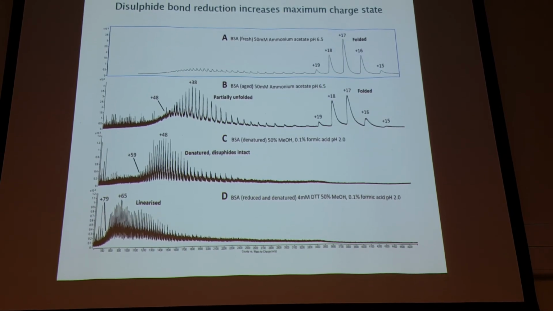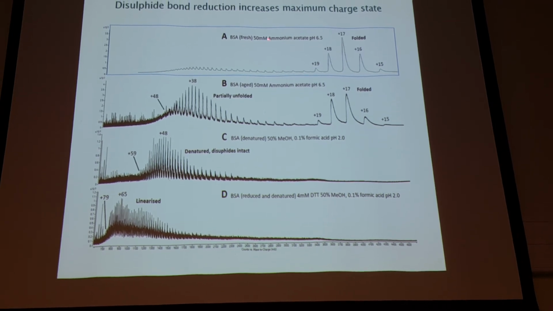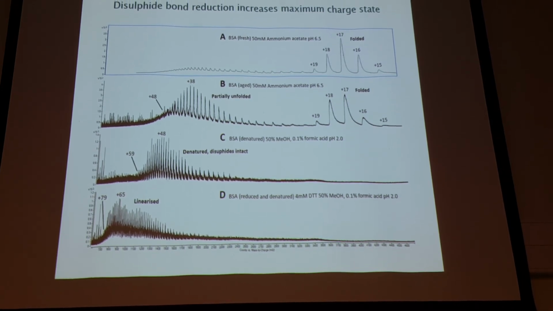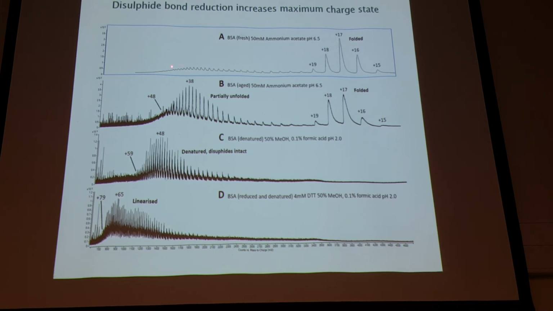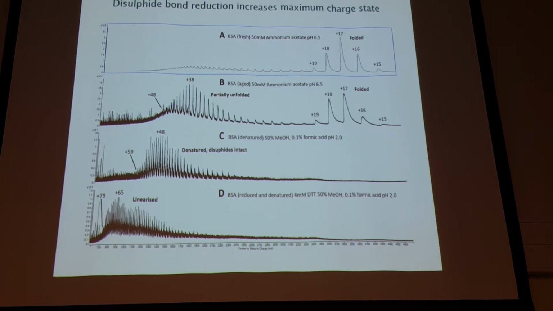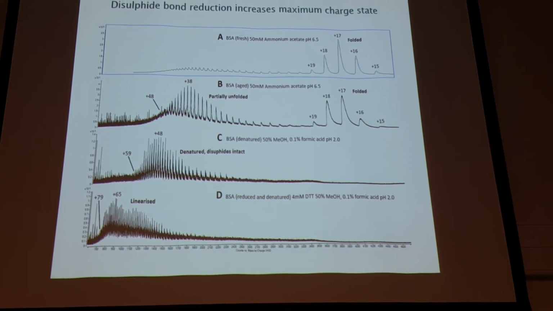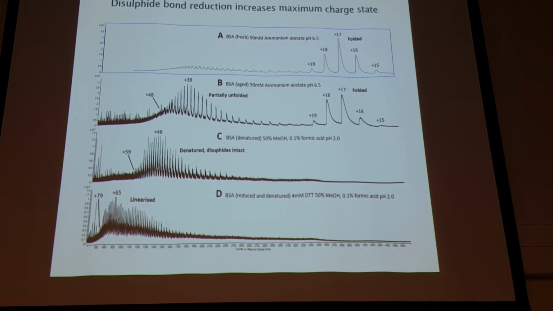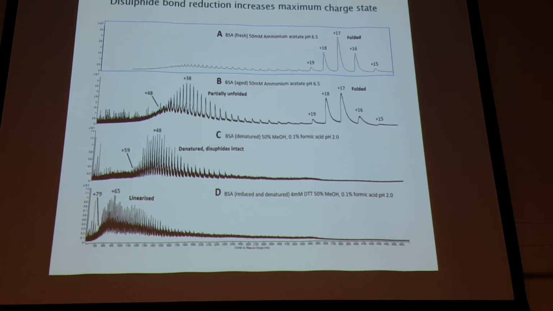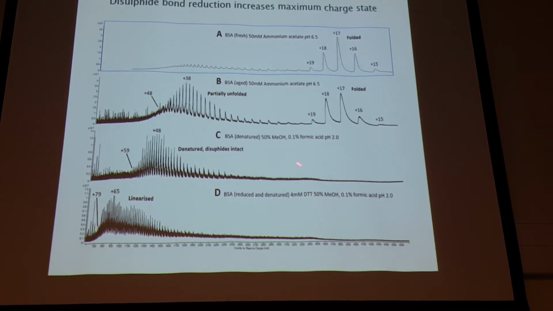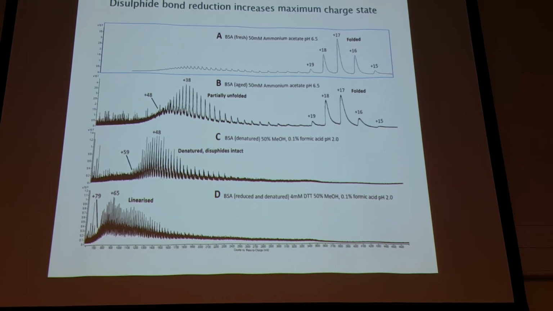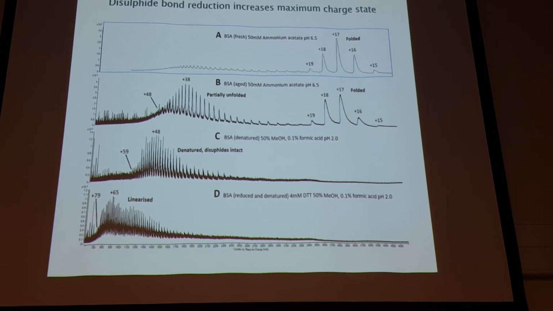state. Just to illustrate that again, this is BSA. This is a fresh preparation of BSA, and you can see almost all the protein is in its folded conformation. At pH 6.5, there's a small amount of unfolded protein here. If you take another preparation of BSA that's extremely old, this has been sitting in the fridge for about 6 years, something like that, we can still see the folded structure, but now a considerable portion of the protein is partially unfolded. If we denature it, we can increase the charge state, pushing the charge envelope down to the lower m/z,